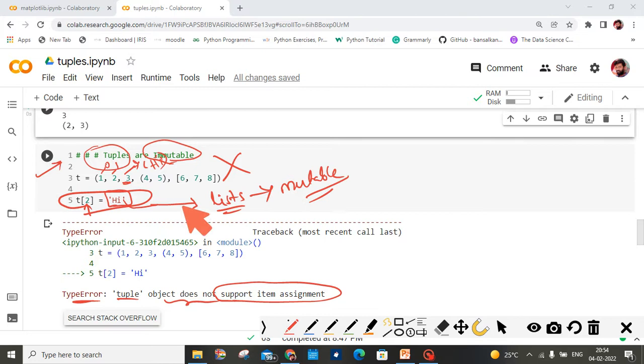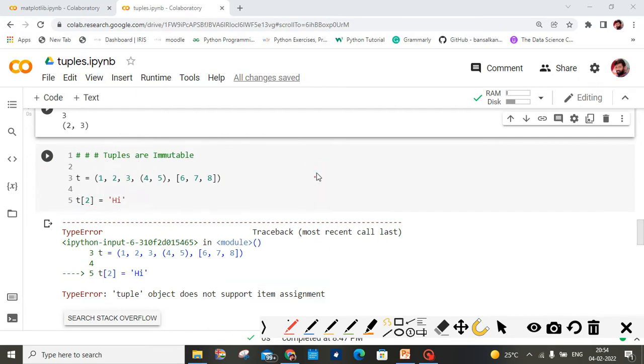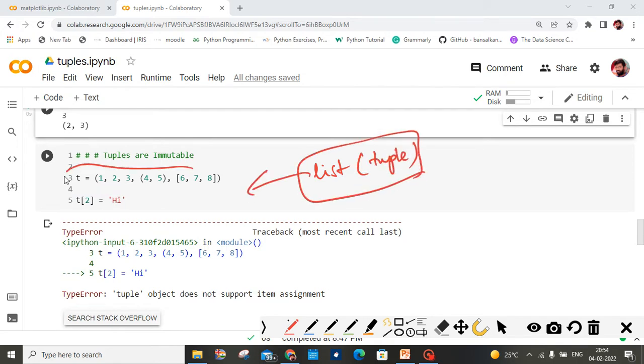So if I have a tuple and I want to change it, you can convert this tuple to a list. How do you convert a tuple to a list? By using the list method, you can pass the tuple values and convert it to a list. At that time, these parentheses will become square brackets like a list. At that time you can change this value, you can easily change it, right?